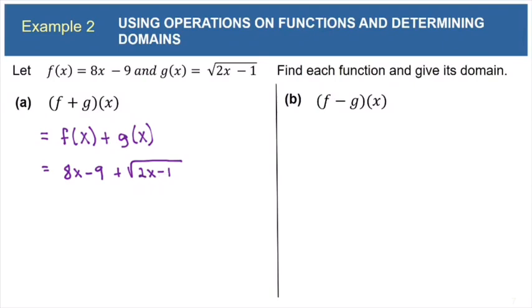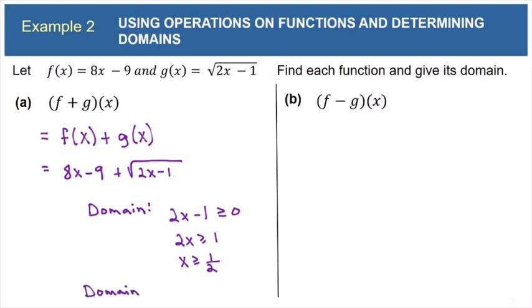So let's write an inequality, and let's say that 2x minus 1 needs to be greater than or equal to 0. And remember, we just have to keep this 0 or more. So if that's true, that means that 2x has to be greater than or equal to 1, and that means that x has to be greater than or equal to 1/2. So in other words, the domain of this function is any x value that's 1/2 or more.